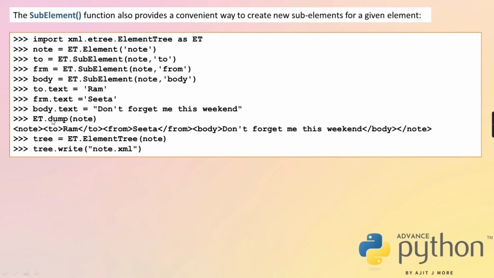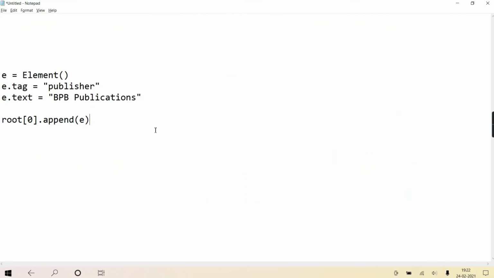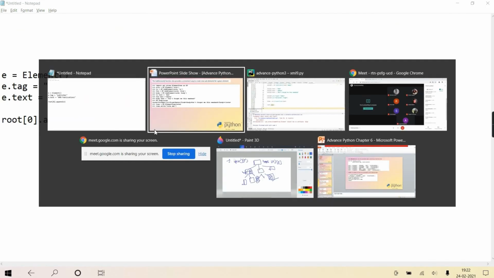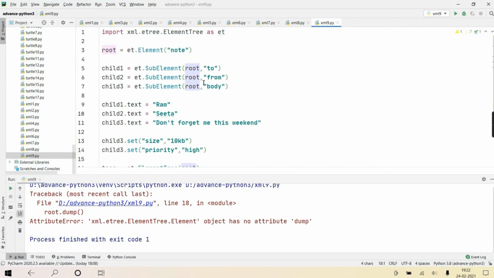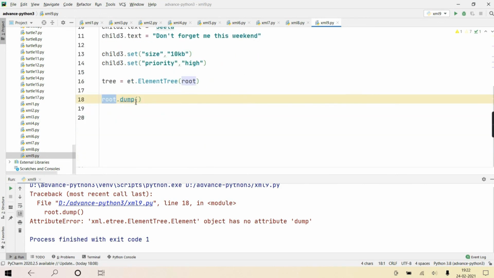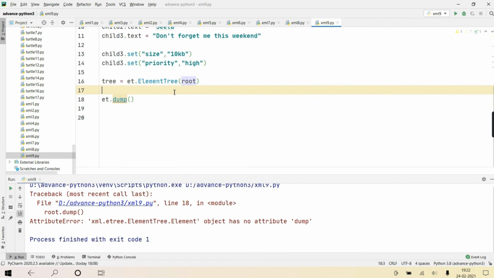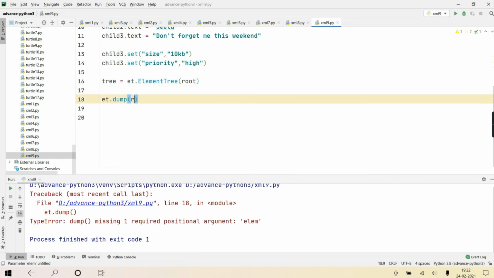Oh, it is a function of your ET library, not a method. Sorry, this is a class. This one, sub element, is a function in that ET library. The same way. So I just made one mistake. Yes, I have to give the root element.